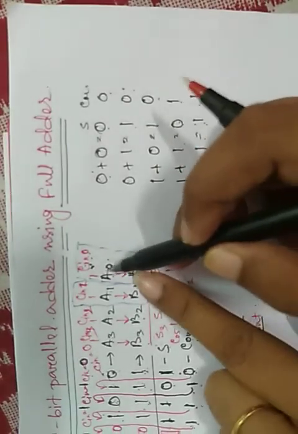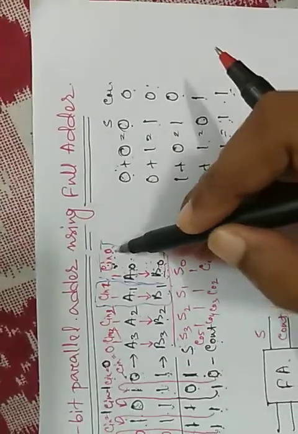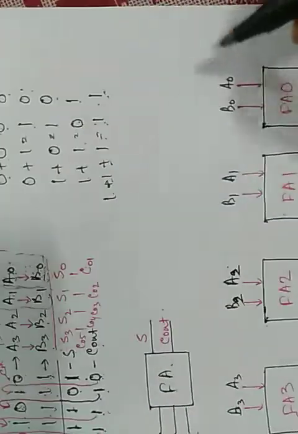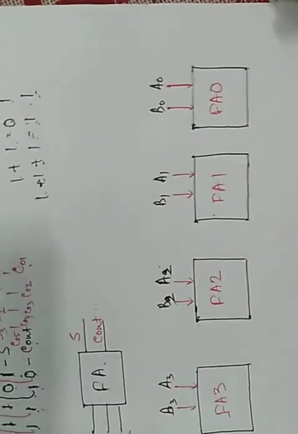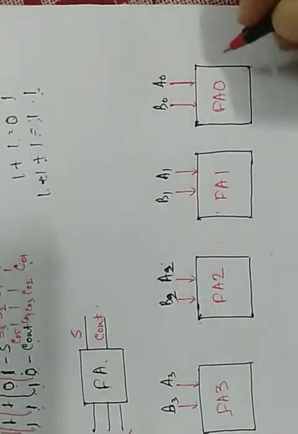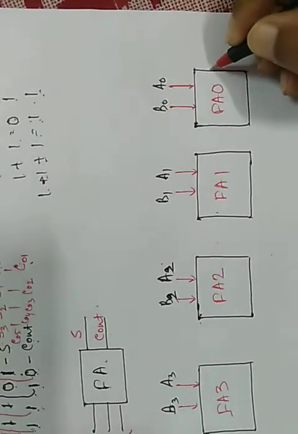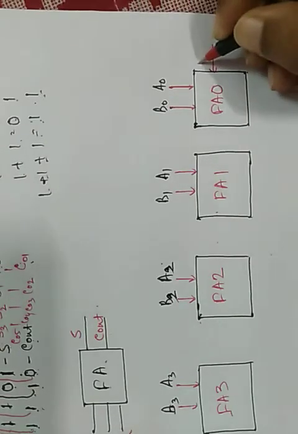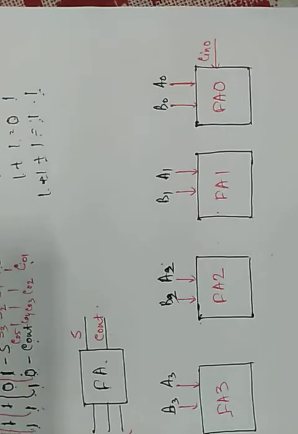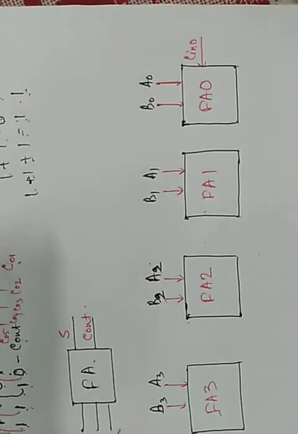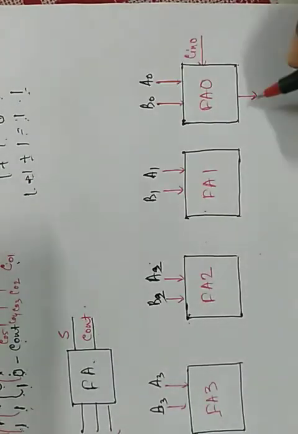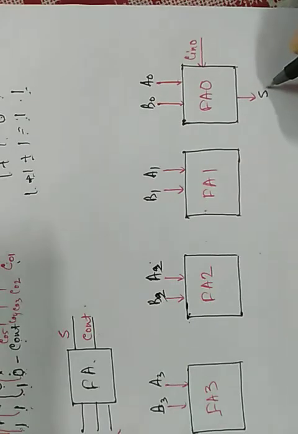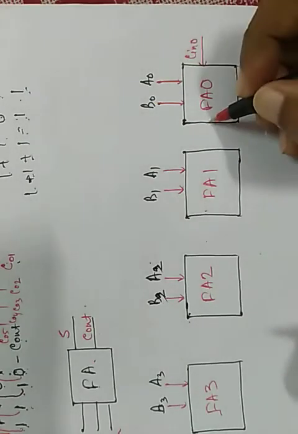Now for the first 2 bits, the C in is here. We get one C input and we get one output and one C out 0. Okay, now here let us see. Here I am writing C in, as it is input. I am writing here C in 0. Clear? Here I am writing 0. Clear?